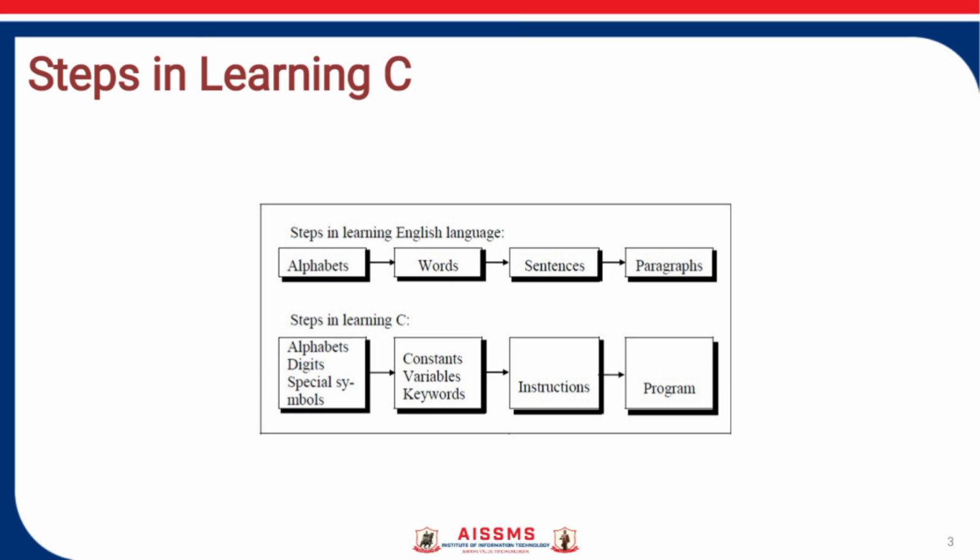Steps in learning C. The steps in learning the C language are alphabets, words, sentences and paragraphs. Steps in learning C: alphabets, digits, special symbols, then constants, variables, keywords, then instructions, and the last one, that is,